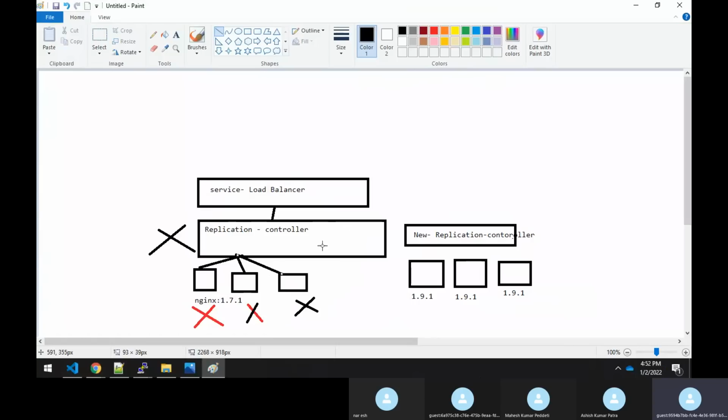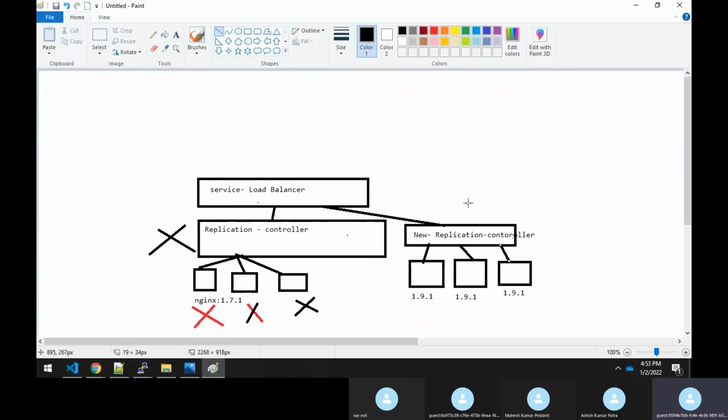Now the service will get to know this is the new replication controller where it has to send the traffic, and it gets connected. In that way, this application now has the new version 1.9.1. That's how it works actually.